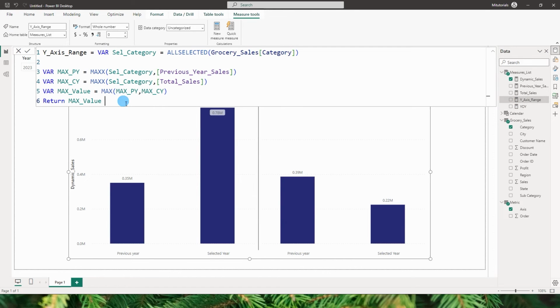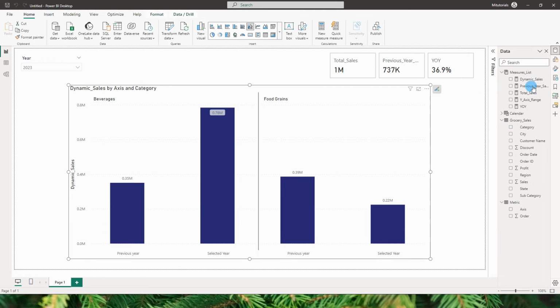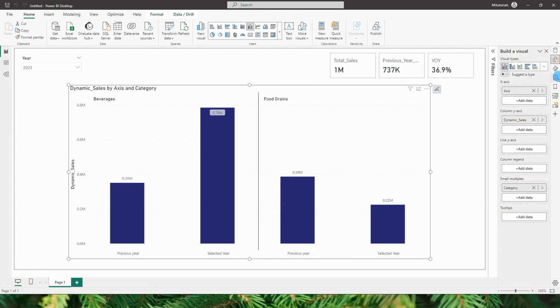We need to multiply the max value here by about 1.5 times. So this will return about a million or so. Let's go back to our build a visual or the format tab,